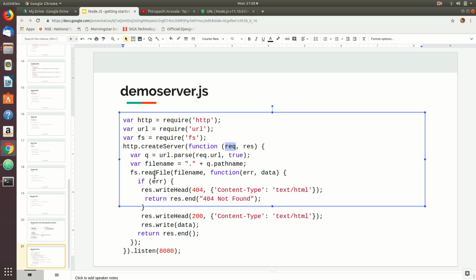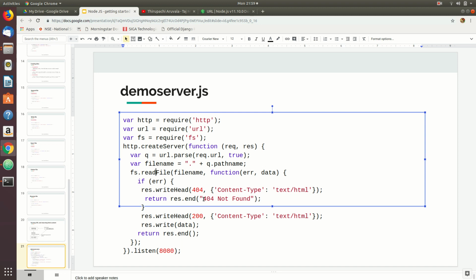So if your client makes a request to that path dog.html, the server is programmed to get that file name. If there is any error, the file doesn't exist or whatever, it's going to say file not found, 404